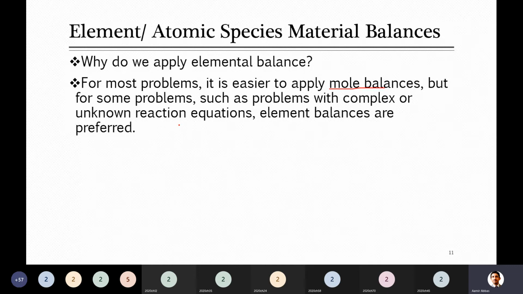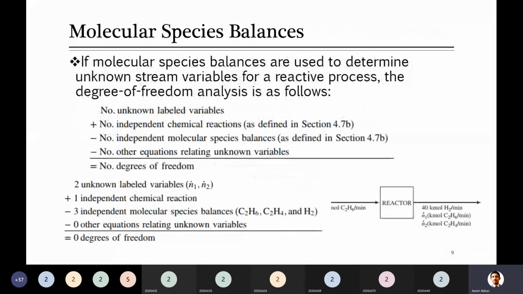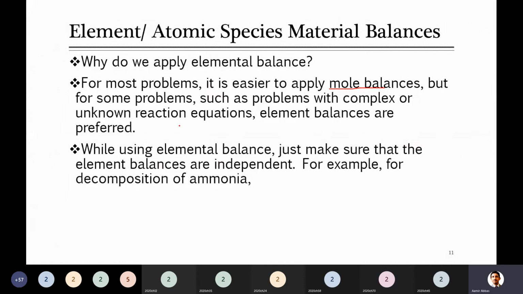So if I just know how many carbon entered and left the system, I know the input and output of carbon, and I can easily write the balance for this. I don't need the reaction, whether it was produced or consumed. I'm not concerned about this. I should only be aware that, for example, here carbon is entering the system and carbon is leaving. I should only know that it exists in the form of some molecule, and that's it. No more information I need. So in all those complex situations, it is better to go for elemental balance.